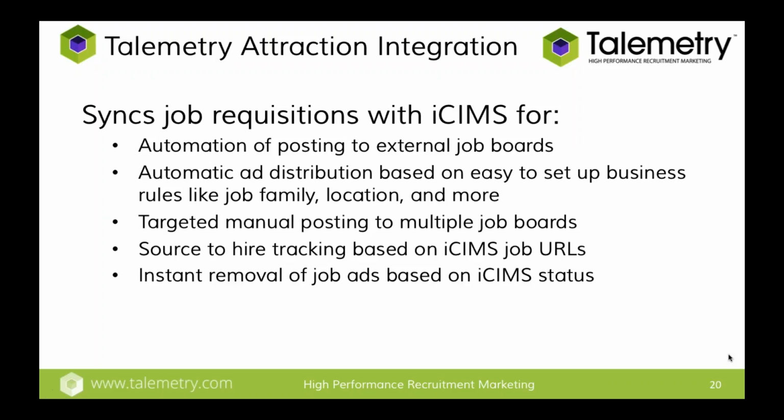So we can synchronize job requisitions with iCIMS, exactly as I said earlier, but also for posting jobs to external job boards, right? So we've got your job data. We've got the metadata that's sitting on each requisition. We can then use the metadata to build business rules, job distribution mechanisms, right? So that most of our clients don't even touch 80 to 85% of their jobs. They automatically get pushed out into the marketplace in a very